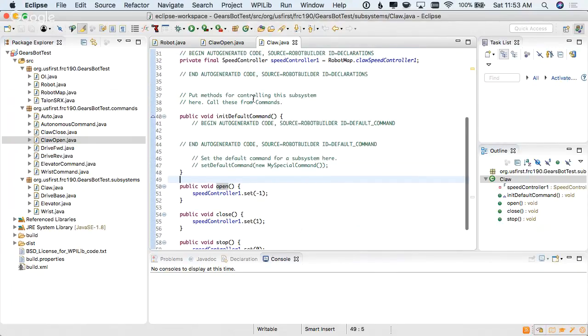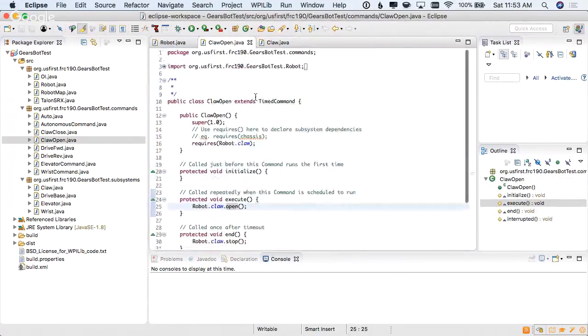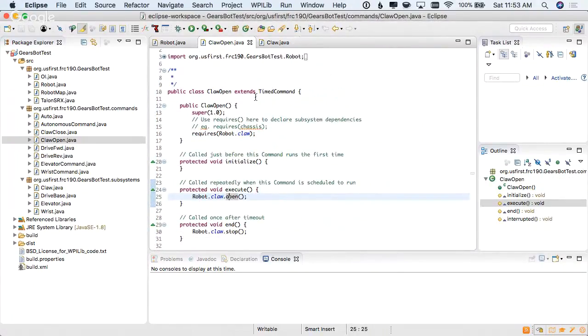So subsystem here, command is like the claw open thing over here. And this is calling methods on the subsystem. Okay. Now there's this cool thing called requires here, which means you can only have one command running on a subsystem at a time. So you won't run into the weird issue where one command is telling the claw to open and one command is telling the claw to close